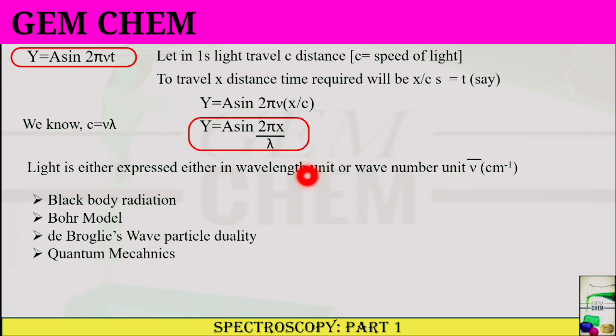Now for further study of spectroscopy, we need to have an idea of black body radiation, where we know that energy of oscillators is quantized. Change of energy is delta E equals h nu. And for Bohr's model also, we need to have an idea of energy derivation. This derivation is already done on the channel in the atomic structure video. You can watch it. I will give the link in the description box as well as the I button present